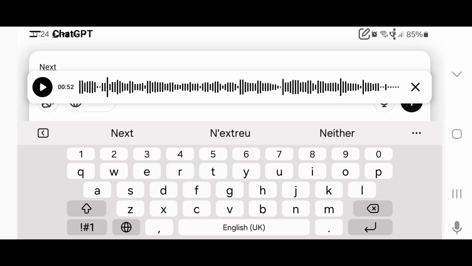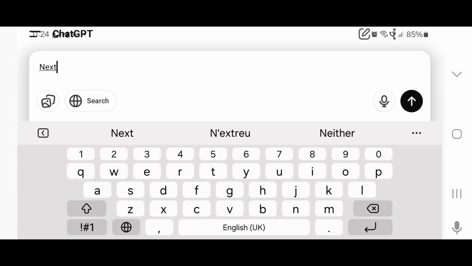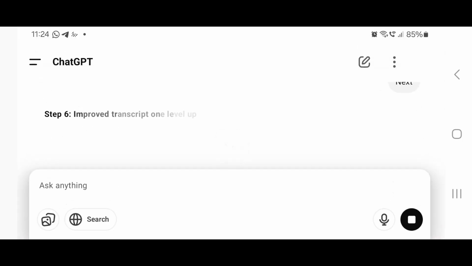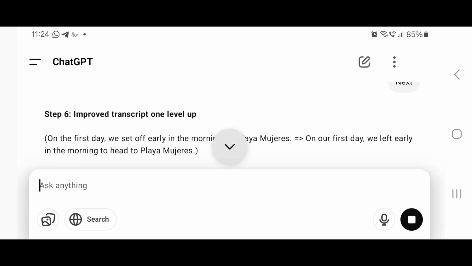Typing next and clicking on the up arrow moves ChatGPT onto step 6, which is changes to make it an improved version 1 level higher than the student's version.